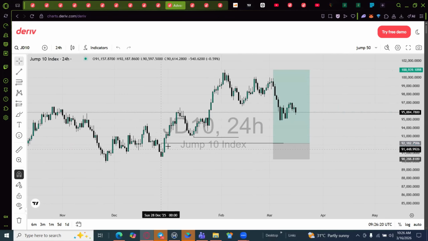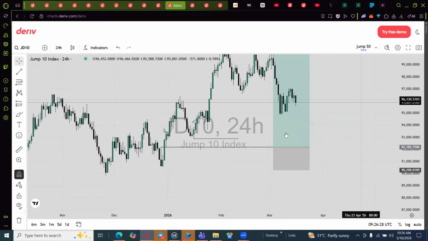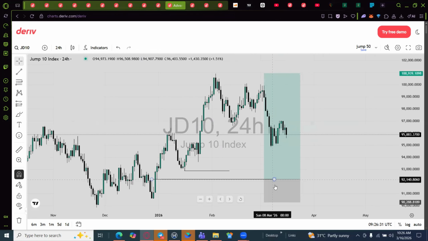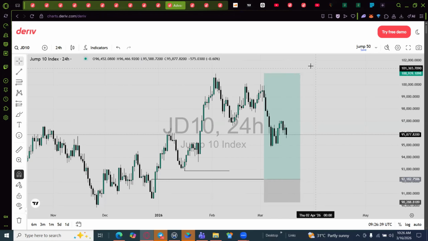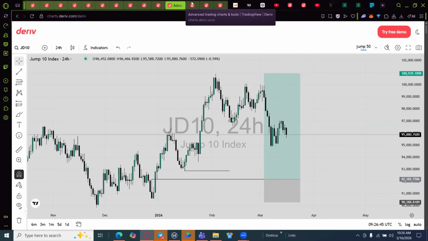we have our POI here. We are waiting for the market to get here. So if you actually know how to trade, you can look out for sell positions till you get to this point. From here, you wait for a confirmation before you start looking out for buys. So for V10, you're looking out for sells, but in a way that